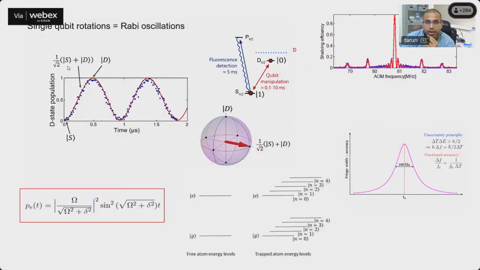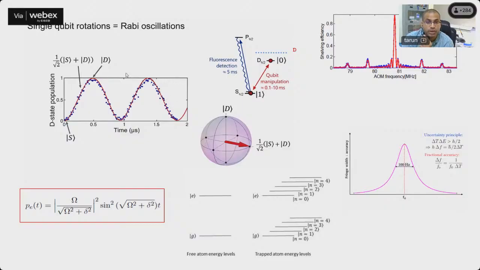Now, this is the Rabi oscillation I was talking about. Here we are measuring the D state population, and it is varying over time because you are driving this qubit laser continuously. That is why the population is being transferred. Initially you prepare over here, and since the drive is on, the population is transferred here and then comes back, and that is reflected in this